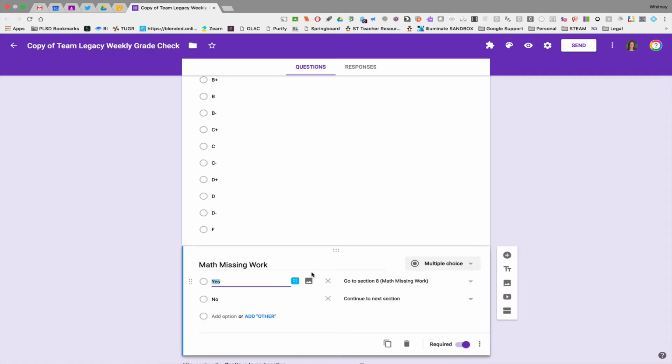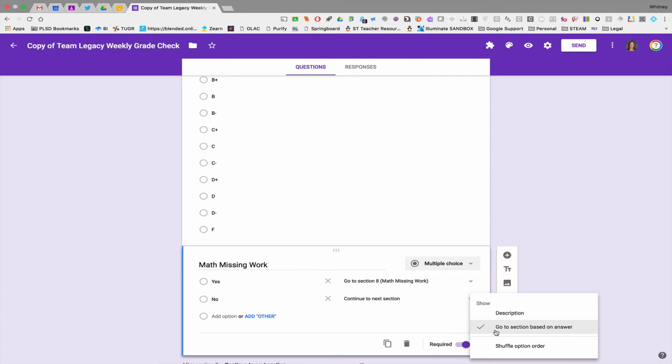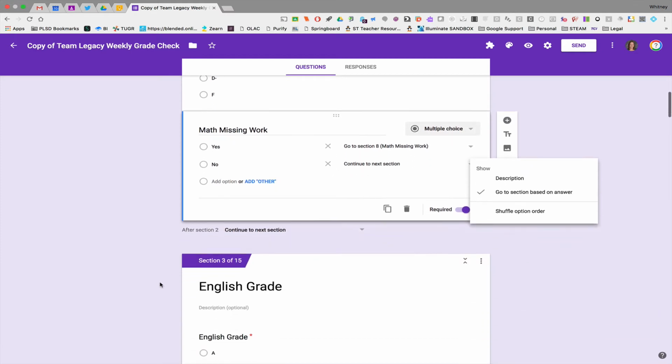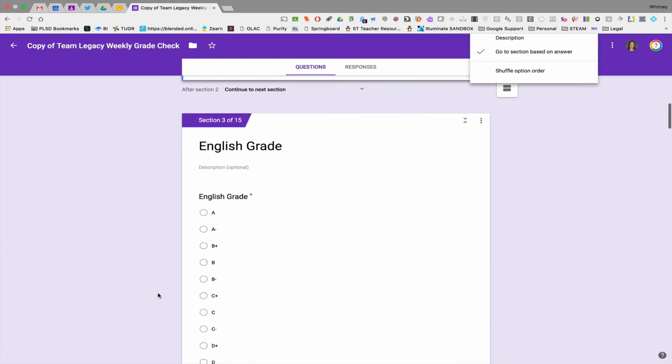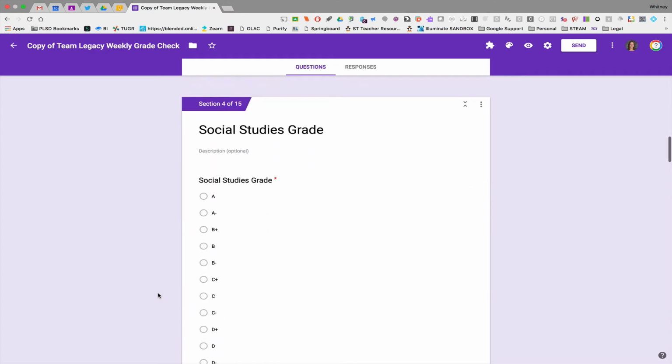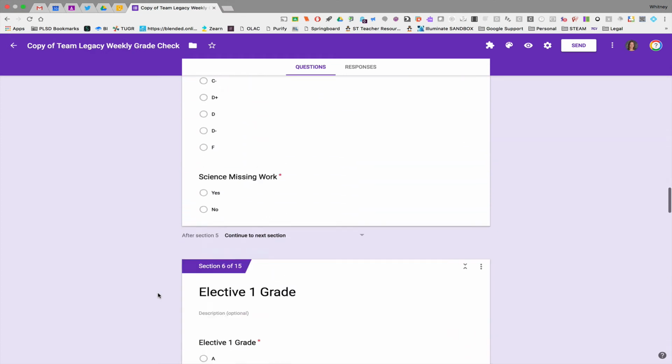When I click on this particular piece, you'll notice that I have used this Go to Section Based on Answer option to say that if they chose yes, they do have missing math work, they're going to go to Section 8. If they choose no, they don't have missing math work, then they just continue on to the next section, which happens to be their English grade. Now let's look at Section 8. If they chose yes, they have missing work,